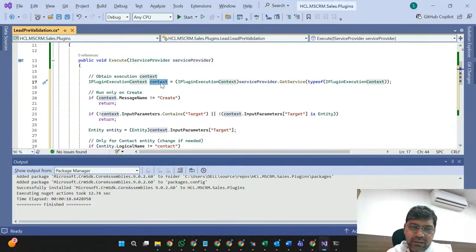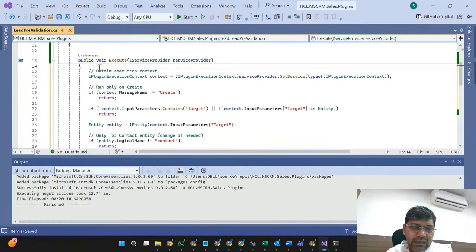Context, what is context here? Obtain execution context here. In a plugin, this is very important. If you are writing any specific keyword, you should understand what it is having. Context is an object where we can retrieve multiple information.